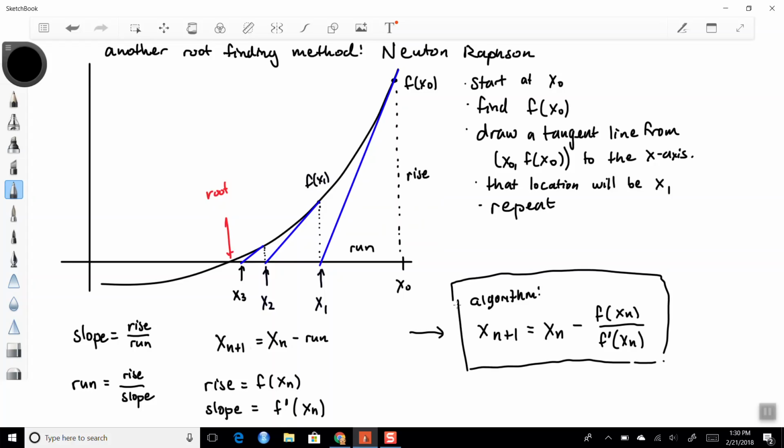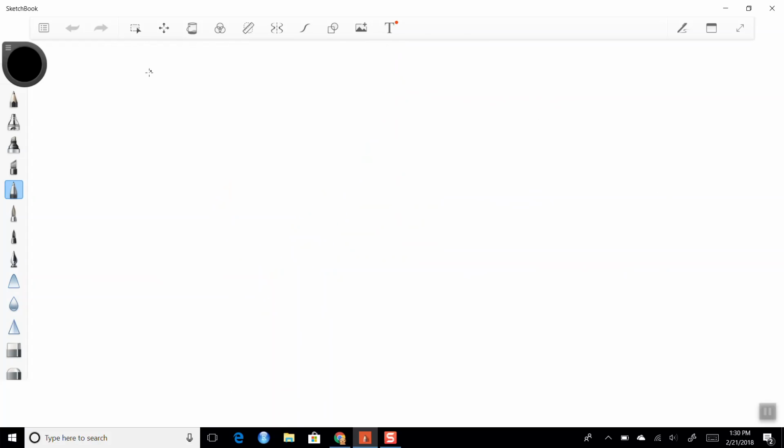Is that okay? All right, so let's say we wanted to do f of x is equal to x squared minus 4, okay? So it's easy. We know that the root is at x equal to 2. But anyway, so what we will do is I will say f is a function